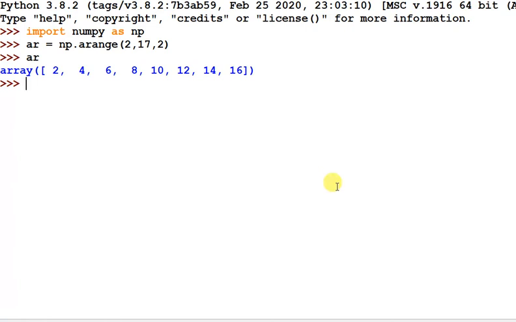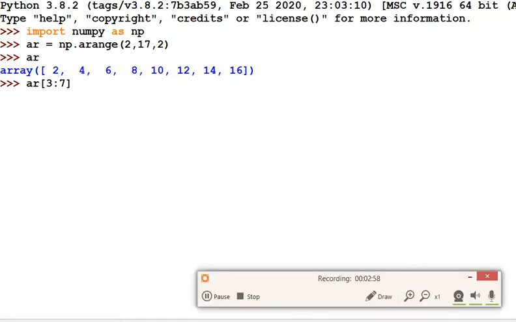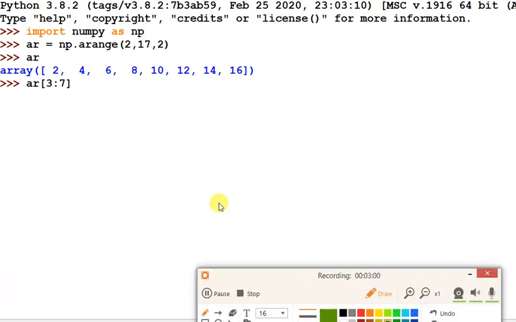The third index is counted 0, 1, 2, 3, and it goes up to index 6.